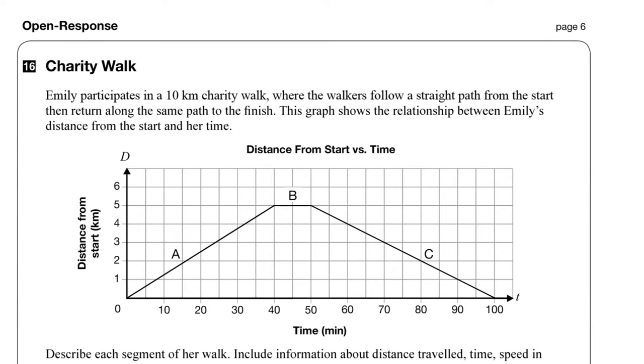Okay, this is day two of story graphs. Yesterday we introduced the idea of a story graph, and this is the first time we've looked at graphs that aren't straight lines. It's made up of straight lines, but it's not all one straight line. Okay, and we tried to talk about the idea of a line going up versus being horizontal versus going down